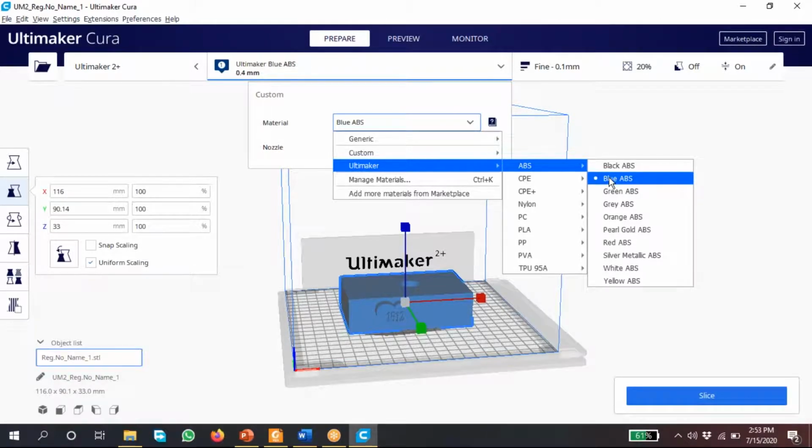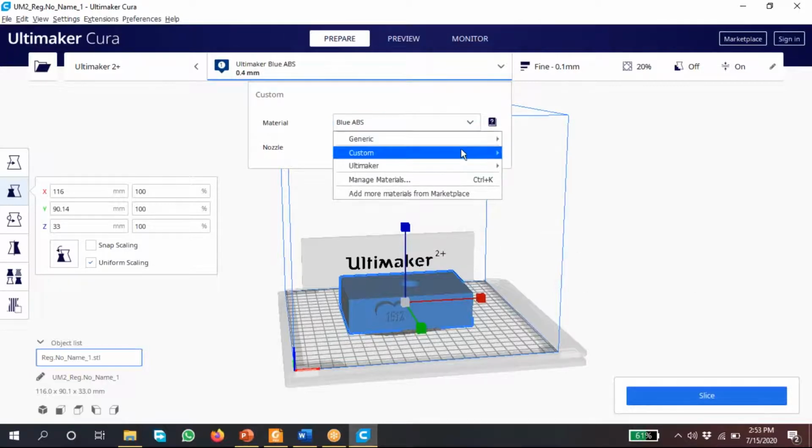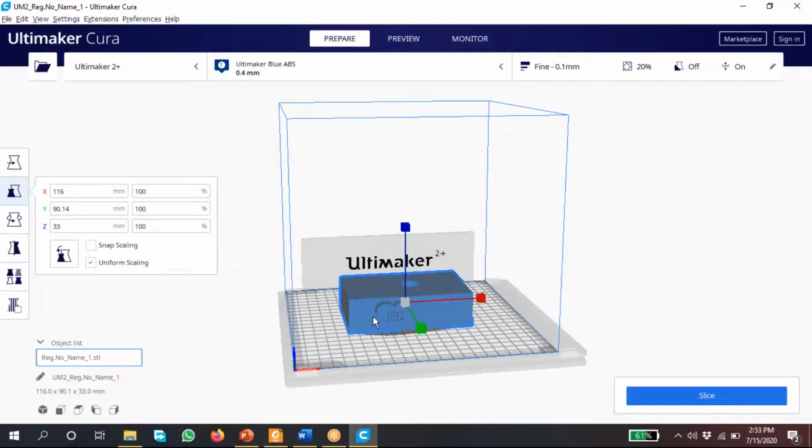If you select custom, again you need to define those parameters, like what we have defined in the Ultimaker. If you are buying a third party material and its specifications are not there here, then you need to define these things, if you want exactly that material consumption. Otherwise, you can select anything.